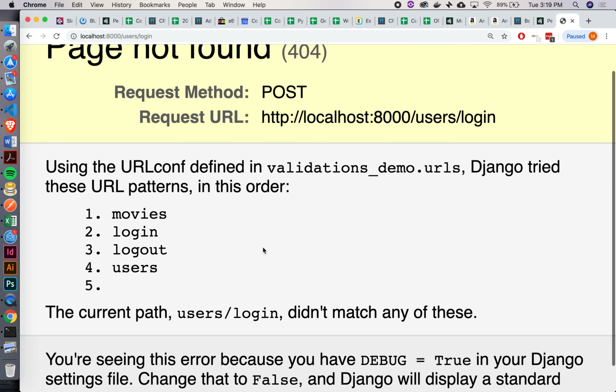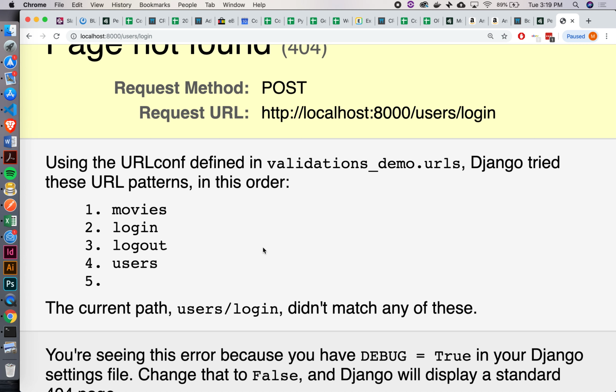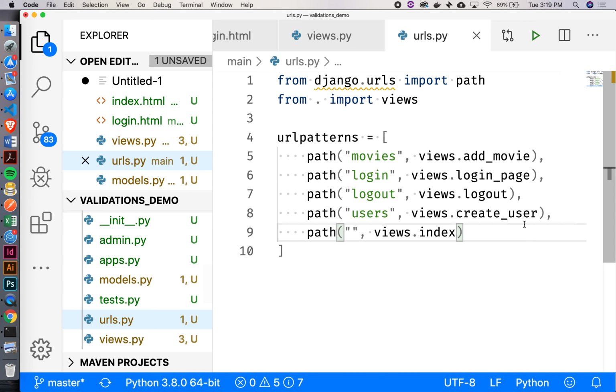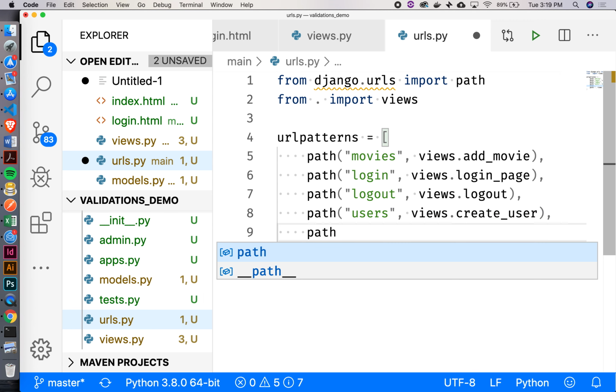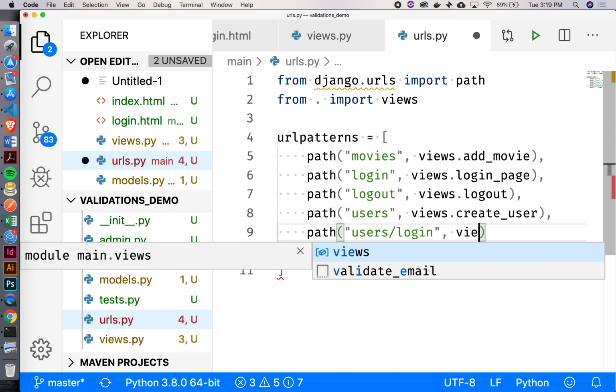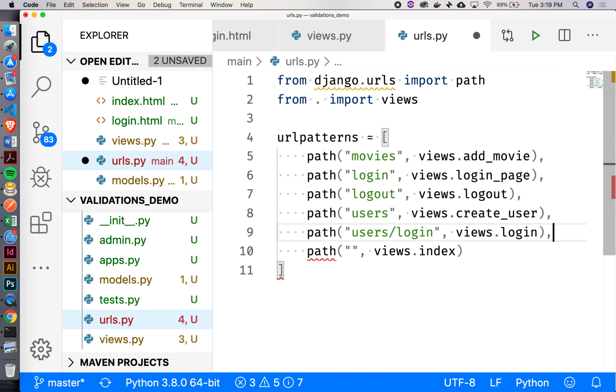Page not found. Oh yeah, we forgot something, right? What didn't I do? All right, let's open up our urls.py and add that in there. So just put it in here. Path users/login, views.login. I think I'm going to move this up above here. I'm concerned that if that was below, I may actually hit this route instead. Not positive if that would happen, but it seems to me that when it parses through these routes,